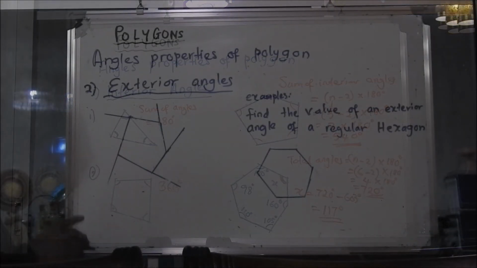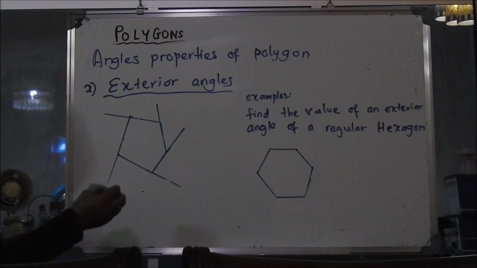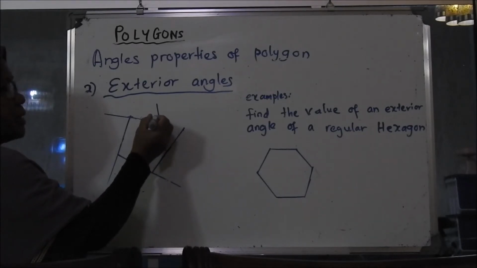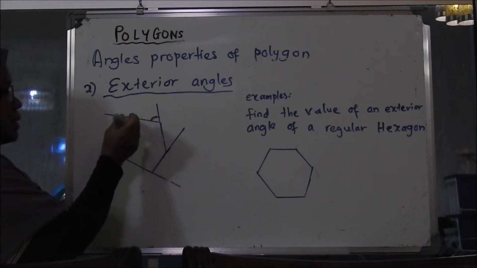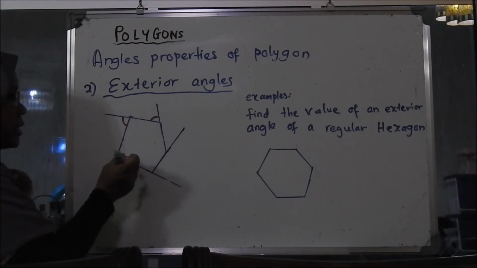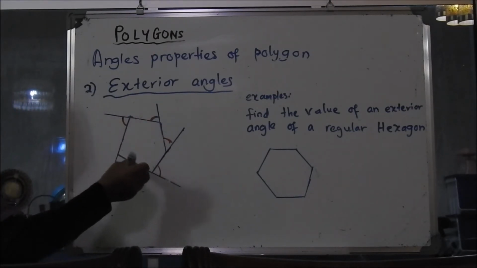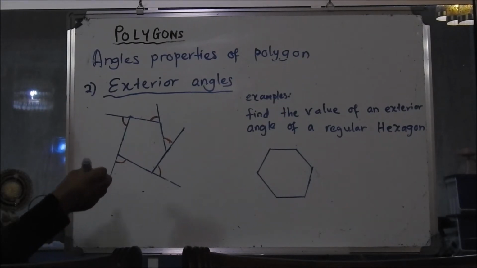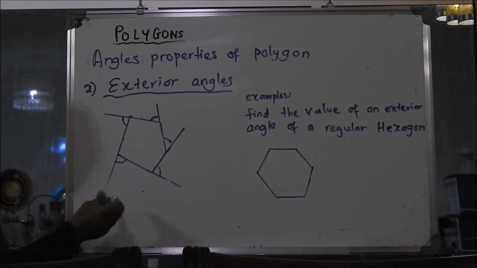We continue to the next angle properties of polygon. So exterior angles. Exterior means angle outside. This one exterior, interior here, but the exterior is outside here. This one, another here, exterior, exterior, exterior. So this is all the exterior angle outside the polygon. Now, what is the sum here? No need to use formula, it is already given.